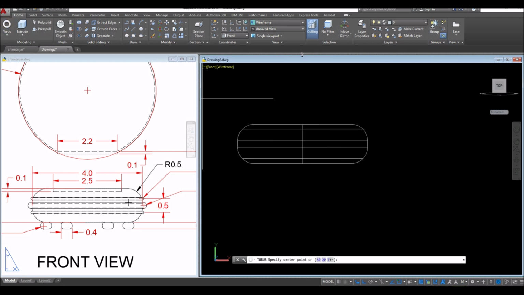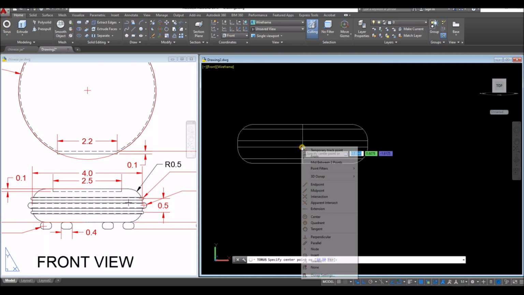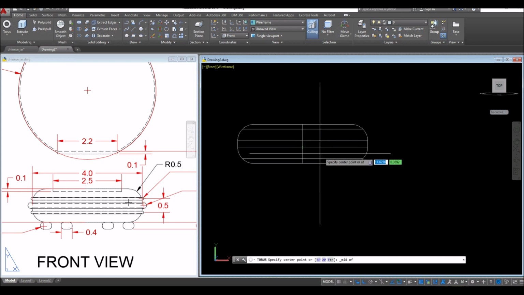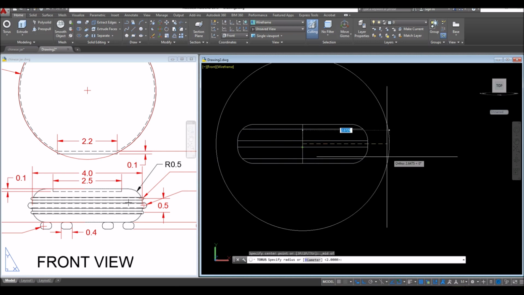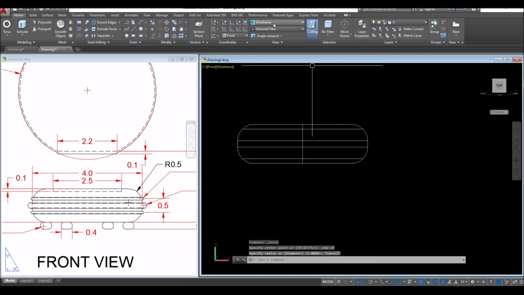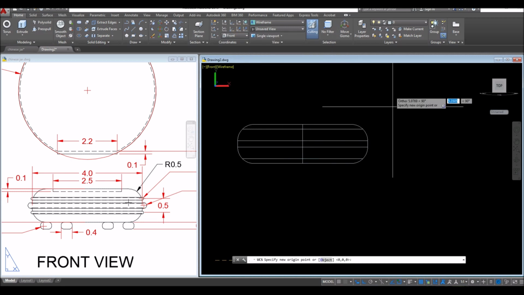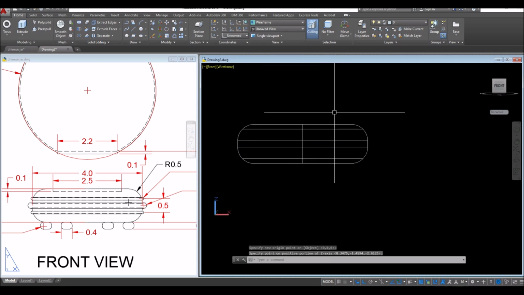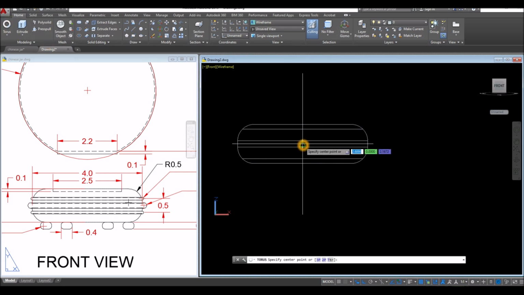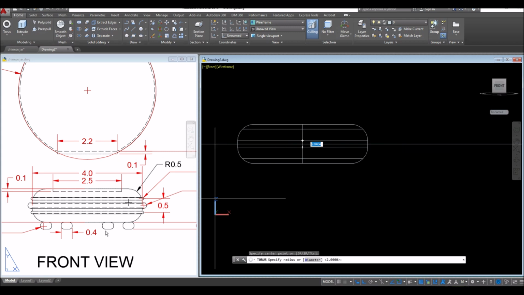So torus, snap the midpoint. So shift right click, select midpoint. And again, we have to change the direction of the z-axis vector. So inside the coordinates panel, select z-axis vector. Click anywhere here and point your z-axis vector upward. So torus, snap the midpoint, go sideways, and the